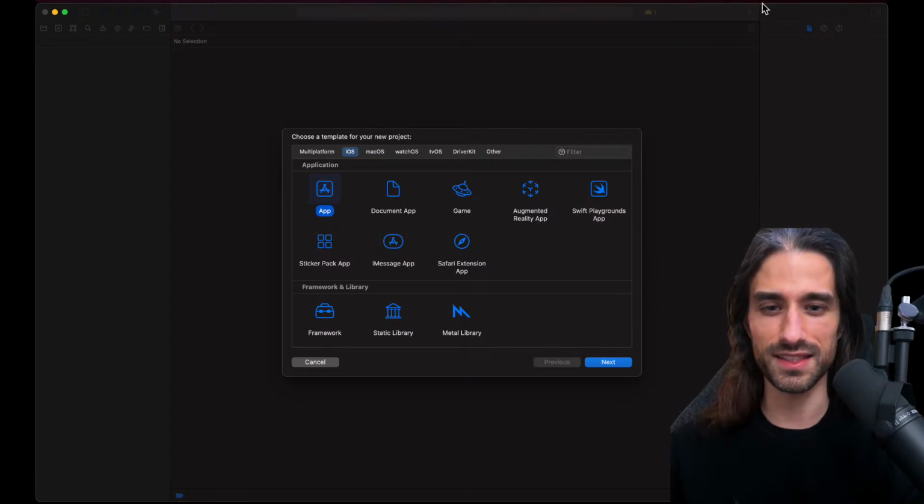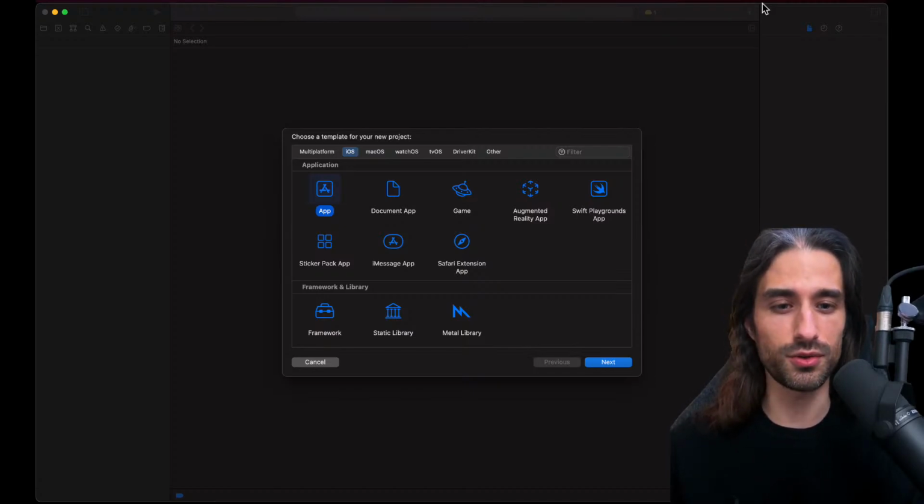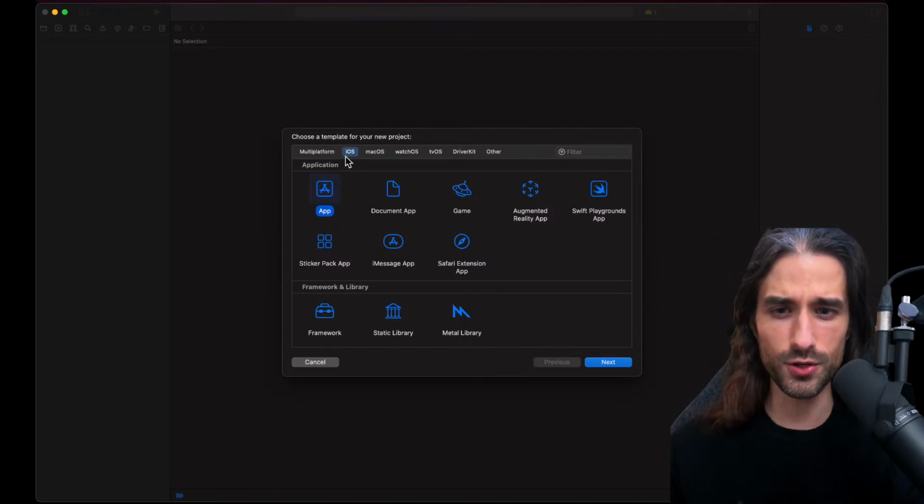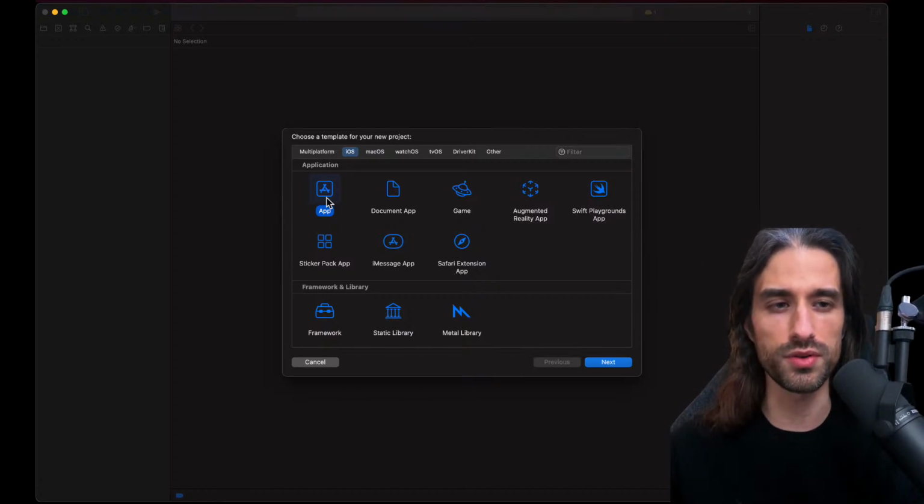So let's get started. As you can see on my screen, I have opened Xcode. So what do you do when you want to build your first SwiftUI app? You create a new project on Xcode. And when you create a new project, you get this window where you need to select what kind of project you want to create. So we're going to go for the most simple one. As you can see, I've selected iOS because I will only cover iOS in this tutorial. And I'm selecting app, which is your most simple kind of app. You're just going to create a project with a simple screen and we will build from it.